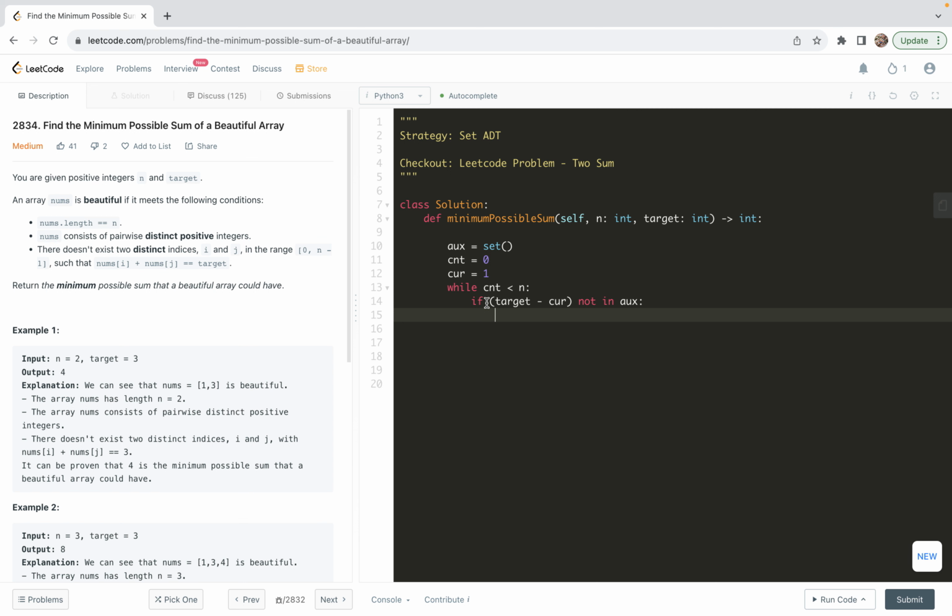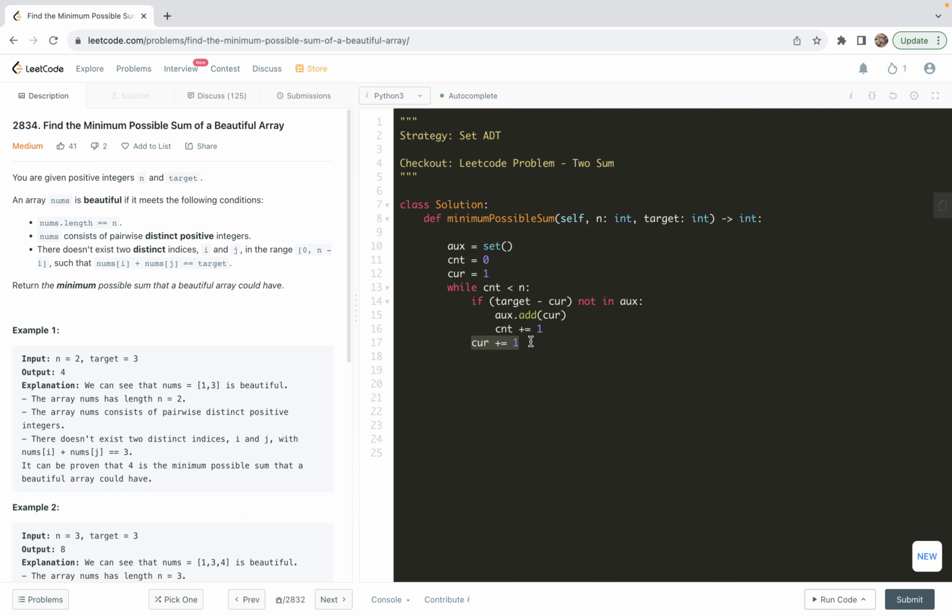If target minus current were in the set, then this number plus the current would equal the target. That's not good. So if it's not in the set, we add the current number into the set, and the number of elements is incremented by 1. No matter this if condition, we need to increment current by 1, because the next step we are going to consider